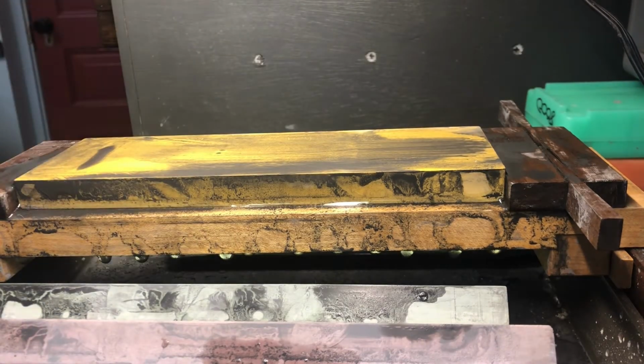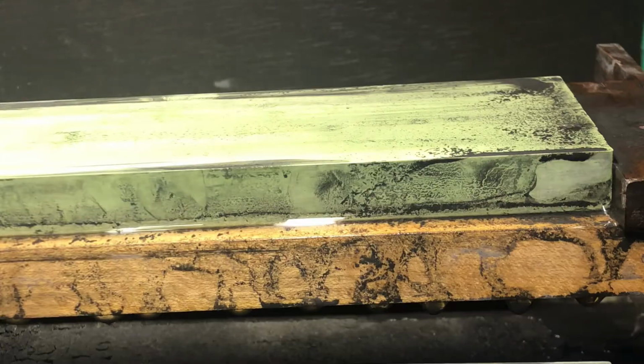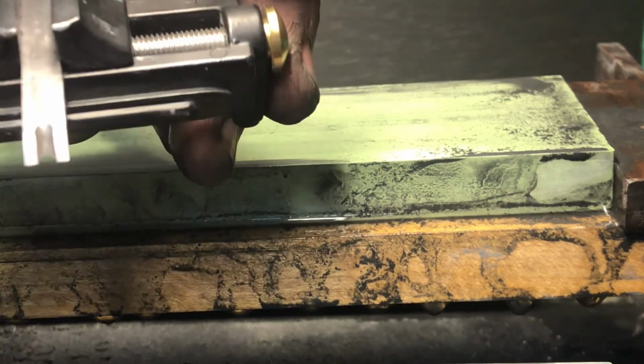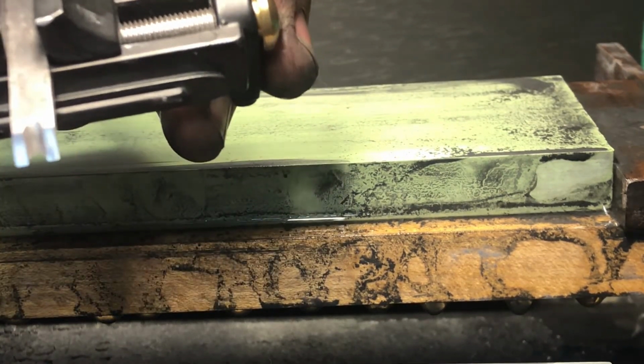It's a little different than a regular plane blade in that we're trying to preserve a contour, so we don't want to remove too much material. And I'd say we're there. The bevel looking good. Obviously we still have to sharpen